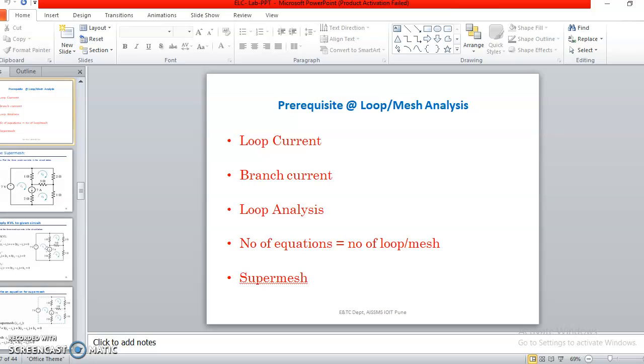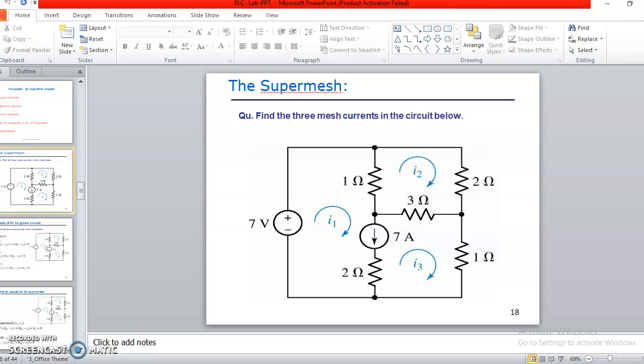Next, what is meant by branch current? The total branch current is the algebraic sum of all the loop currents associated with that branch. For example, the branch current for the 1 ohm resistance is I1 minus I2, as shown in the figure.